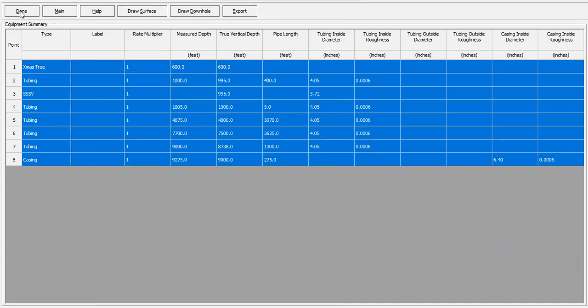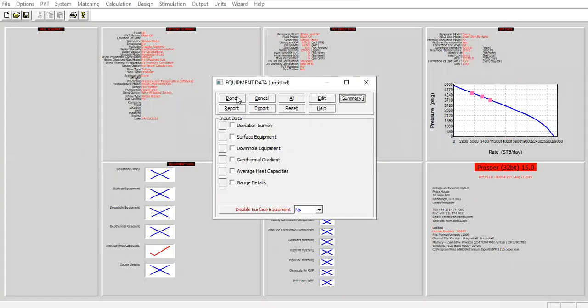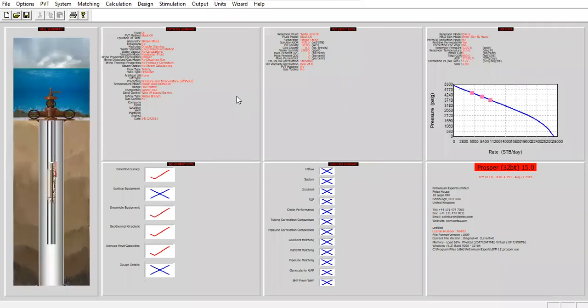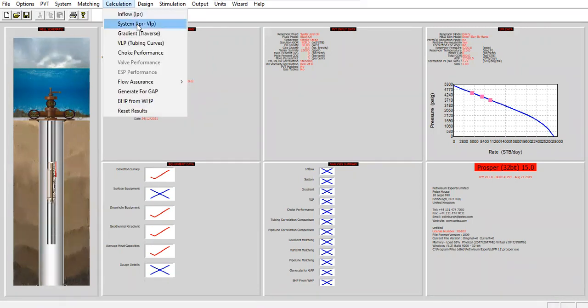All right, so far so good. So from here, we can click done. And lastly, we can perform the nodal analysis. All right. So here you can see the well sketch, the well schematic. And now we go straight to the calculation, IPR and VLP, inflow performance relationship and vertical lift performance under the